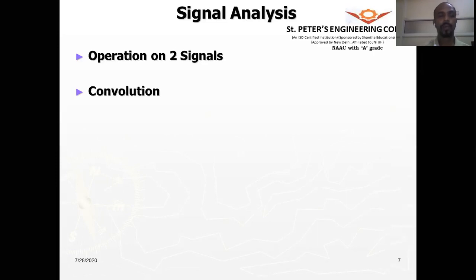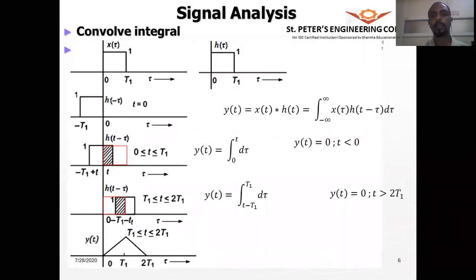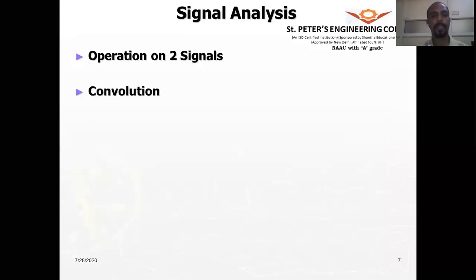As of now, you can understand that convolution is a mathematical operation which involves one signal being fixed and the other signal reflected, shifted and moved over the fixed signal, and you compute the integral over that for different regions. That is the convolution operation. With this, we conclude this topic. Thank you.